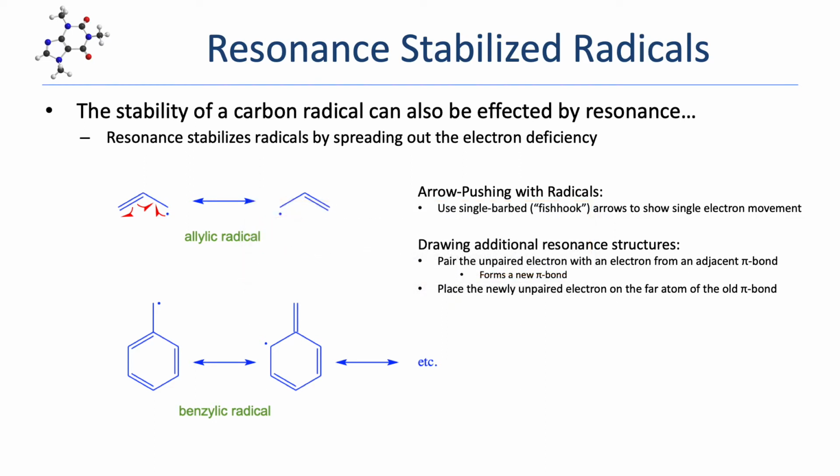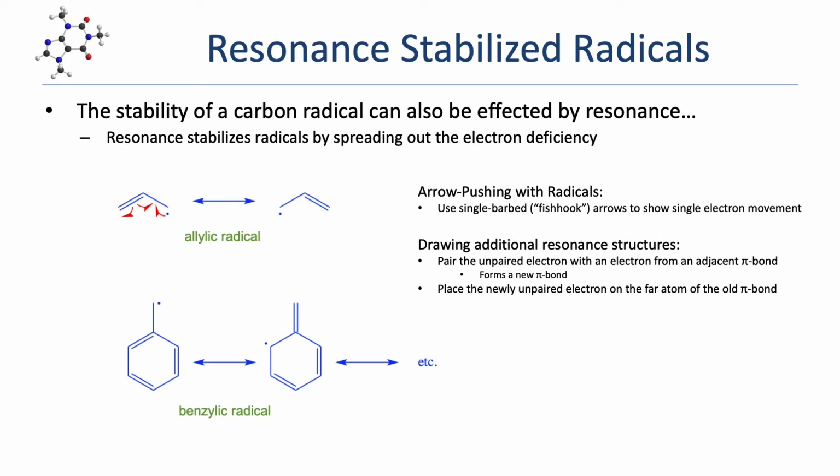Now, the nice thing about resonance in radicals is that it's all the same. Pretty much all resonance-stabilized radicals are going to have an unpaired electron adjacent to one or more pi bonds. And that means that the arrow pushing involved when dealing with resonance in radicals is pretty much always going to be the same. It's just a matter of having different elements and possibly different numbers of pi bonds to iterate through. So let's take a look at how we would use these curved arrows to generate the second resonance structure